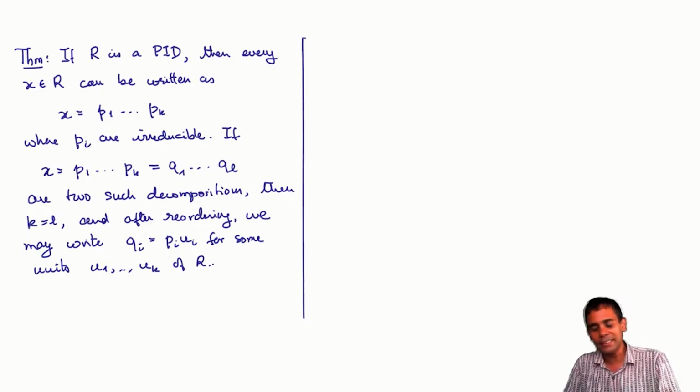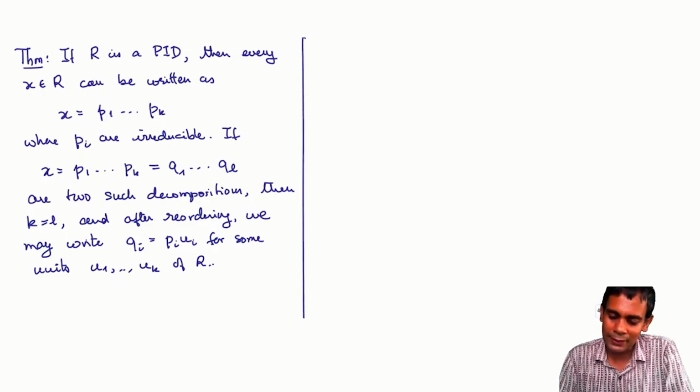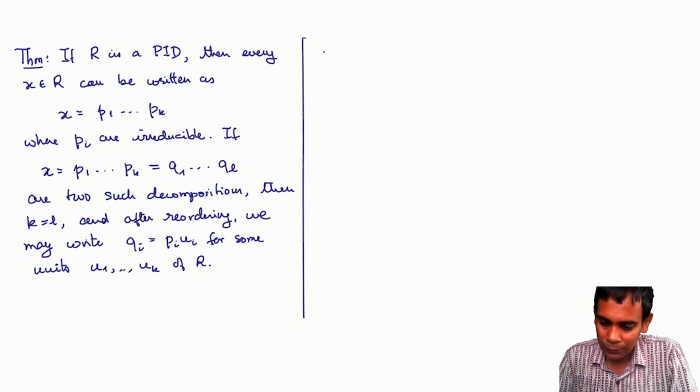We've already seen the existence of the factorization. What we need to check now is the uniqueness. The proof of uniqueness is very similar to the proof of uniqueness that I did for integers, so I'm just going to tell you one or two key steps in that proof which need to be generalized from integers to general principal ideal domains. The key property that you need to generalize is the following. Theorem: